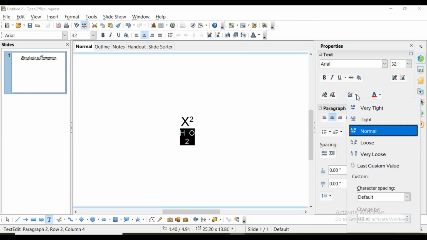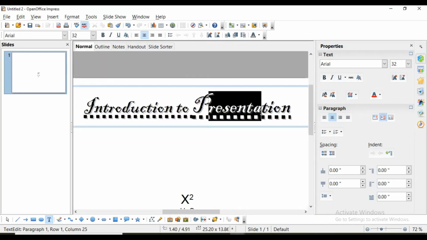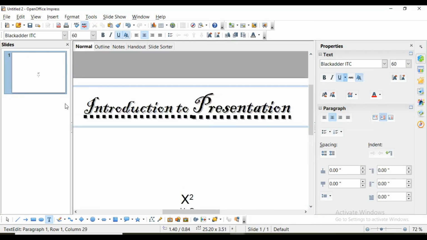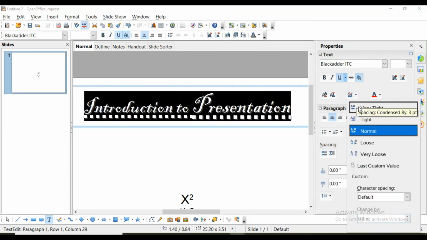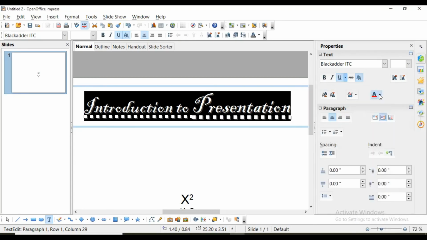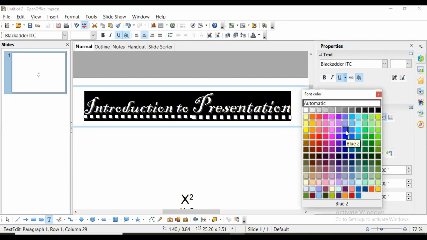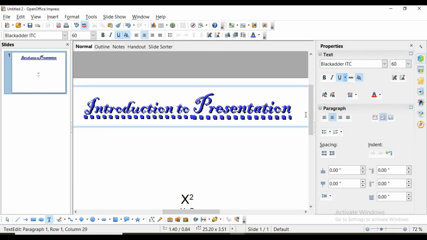Same way this is space between font or characters. Okay, that you can select from here. Okay, and different options are there like this: very tight, tight, normal, loose, very loose, and custom value. And this is character spacing, expanded or condensed. This is font color. Okay, you can select any color from here and you will get it here.